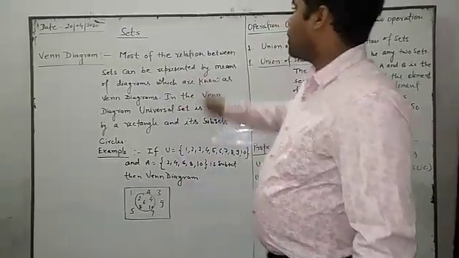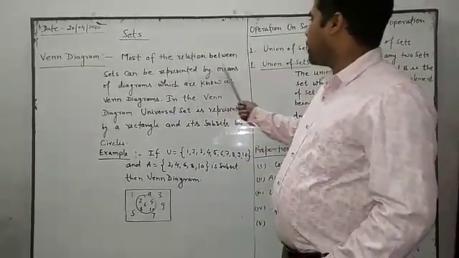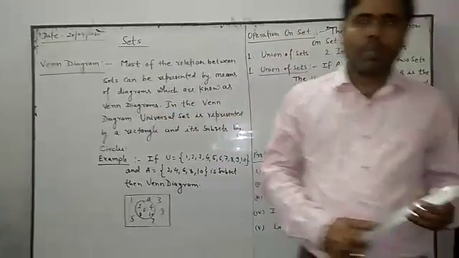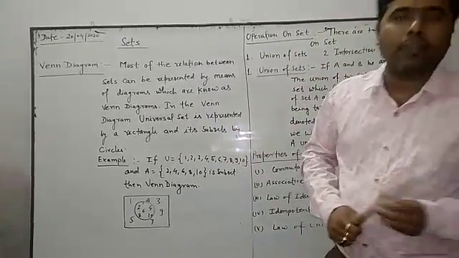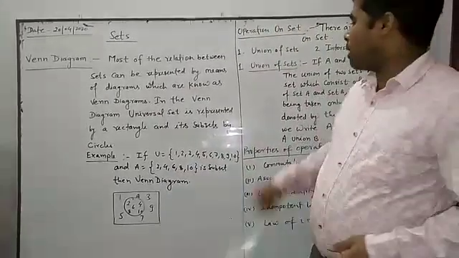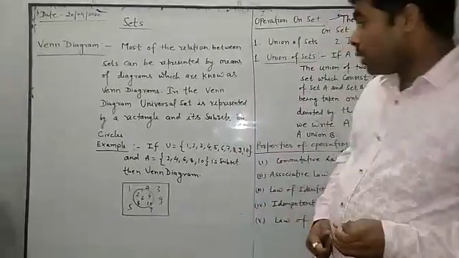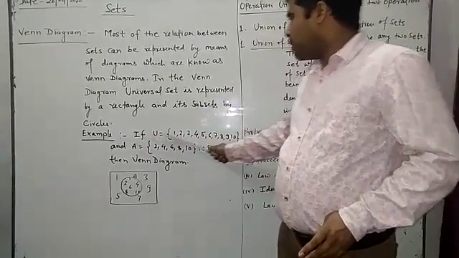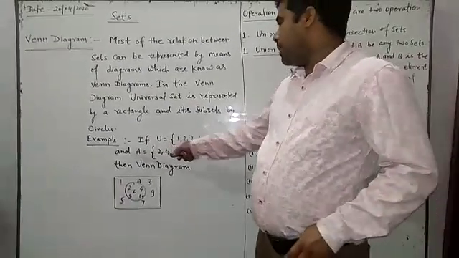Most of the relations between sets can be represented by means of diagrams which are known as Venn diagrams. In the Venn diagram, the universal set is represented by a rectangle and its subsets by circles. Now suppose an example: if the universal set is 1, 2, 3, 4, 5, 6, 7, 8, 9, 10 and A is equal to 2, 4,